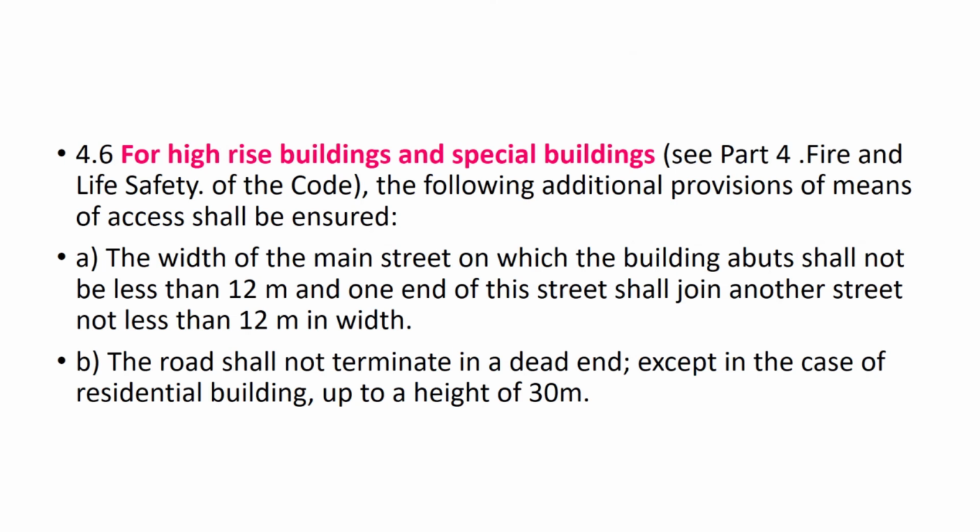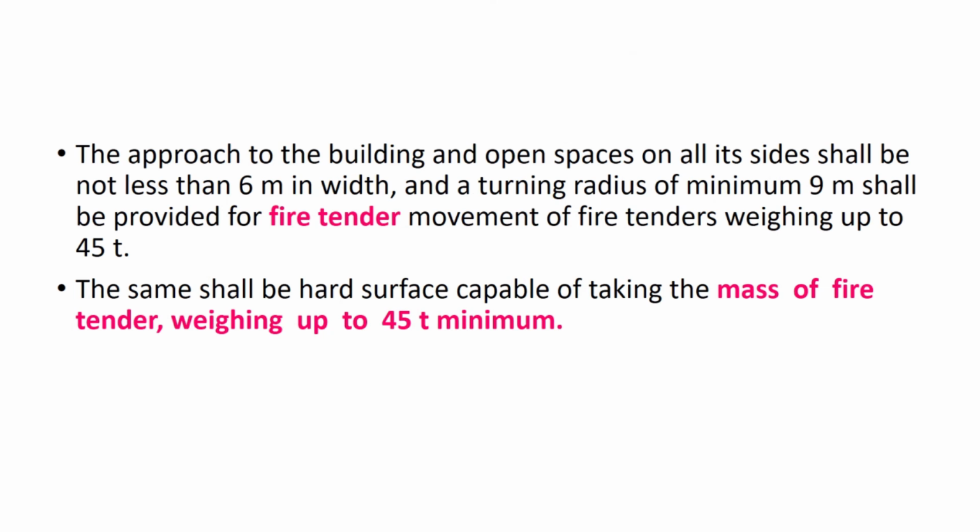अगेन एन अपडेट, IS 1892 2021 2016 के NBC गाइडलाइंस के बाद वाले हैं. इज एन अपडेट टू दैट. जनरली ट्रायल पिट्स आर एक्सकवेटेड अप टू 4 मीटर डेप्थ बिलो द ग्राउंड लेवल. 4 मीटर डेप्थ तक नीचे जाएगा. Minimum dimension of the pit shall be such that there is an adequate working space for excavation and carrying out sampling and testing, etc. Generally, the pit have a planned dimension varying from 1 meter by 1 meter to 3 meters by 3 meters depending on the depth required. This is an update I am just trying to give you. 2021 के अंदर में IS 1892 थोड़ा बहुत रिवाइज हो गया है. 2016 के बाद में कुछ प्रोविजन और चेंज हो गए हैं, तो आई एम गिविंग एन अपडेट ऑफ दैट.